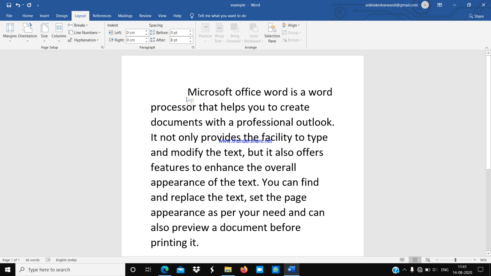Now I am using the 1.25 inch tab, that's why it will come here. Understood everyone? So this is the use of tab, and from here you can set the tabs according to your need. Understood? Now see the next topic, indenting the text.